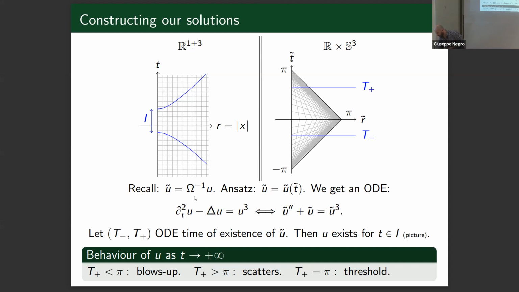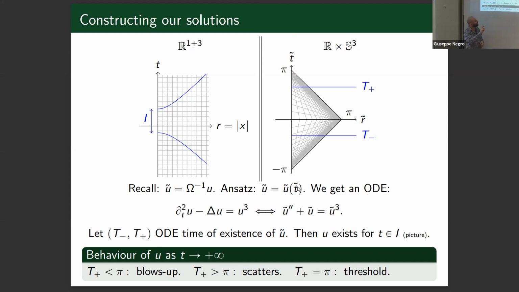This omega is an explicit function, which I didn't write here because it's not really relevant. Now this is the idea, which is extremely simple, and indeed, every time you construct explicit solutions, in the end, you always reduce to an ODE. The idea is to reduce to an ODE with the Penrose map. So we ansatz that